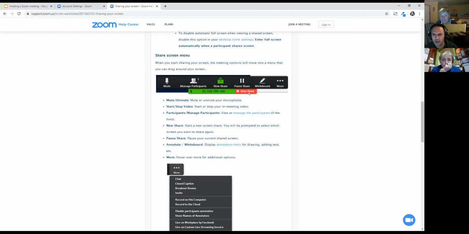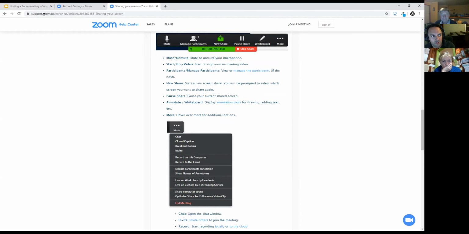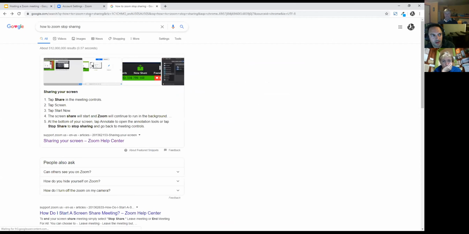Are you just on one monitor? I've got 2 monitors. It's possible that it was on the other monitor. Oh, I can't share because it stops to try and repeat it. That's okay. Just practice it afterwards on your own. Yeah, utilize Google, utilize Zoom's documentation. You can find out everything on here.